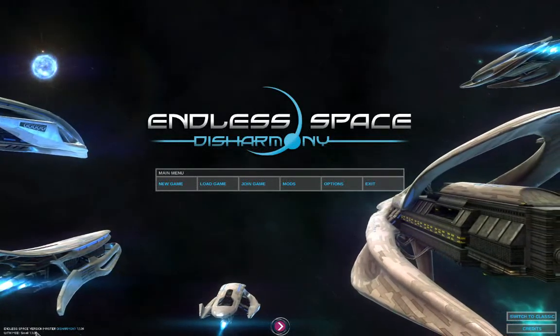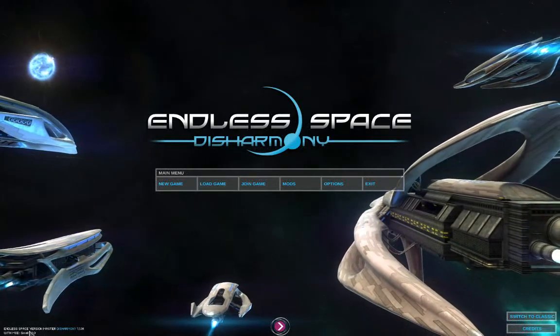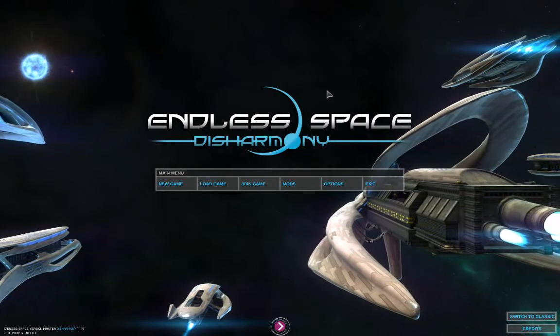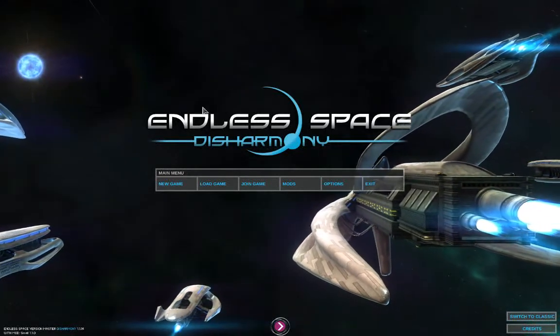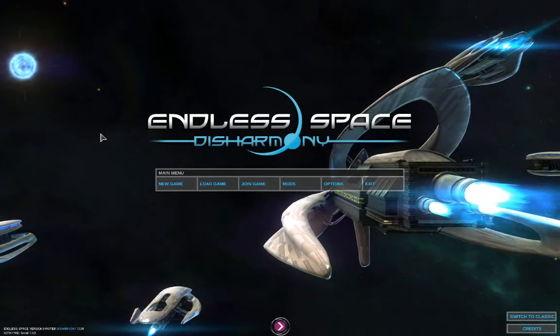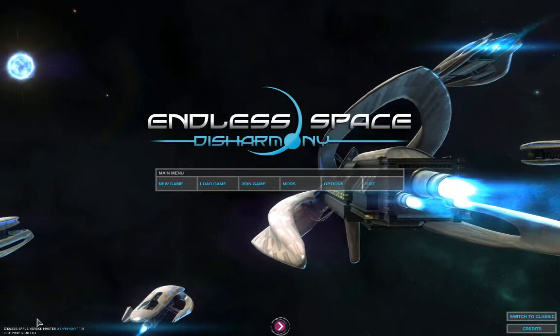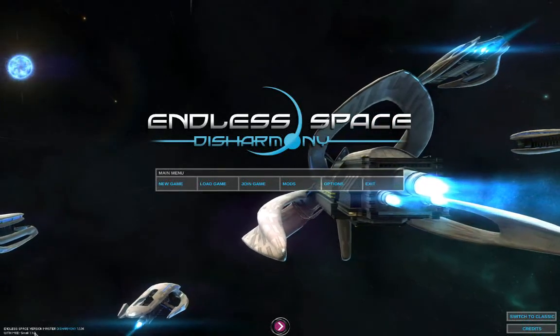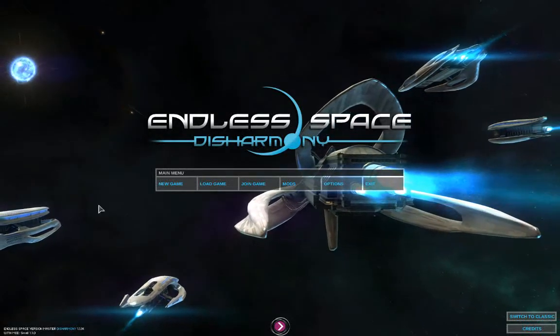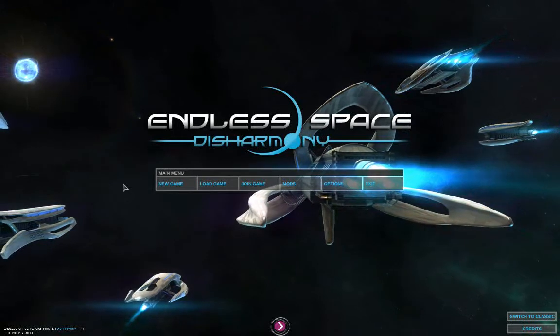And as you can see here, there is one more thing. You got the cursor back, the Endless Space cursor, so it's no longer the plain old Windows cursor. You now have the Endless Space cursor back. And I'm using a small mod which fixes one bug that is still in this beta that I have noticed